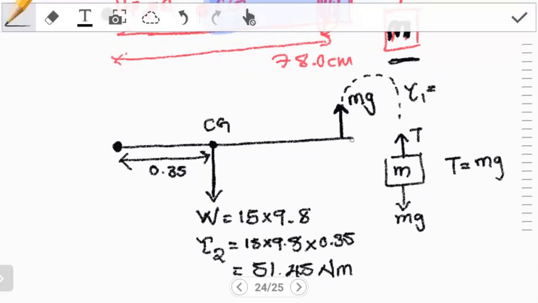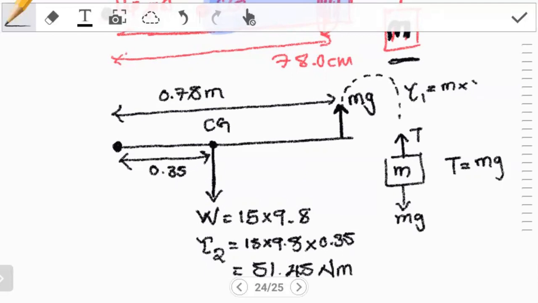The distance is given as 78 centimeters, so that is going to be 0.78 in meters. So this distance is given as 0.78 in meters. So the torque then becomes the mass m, which we are trying to find, multiplying the